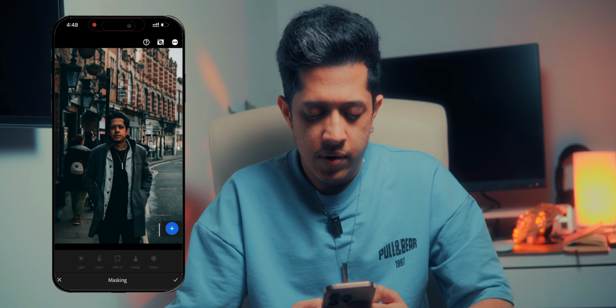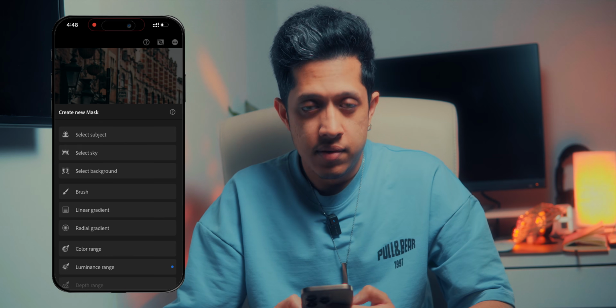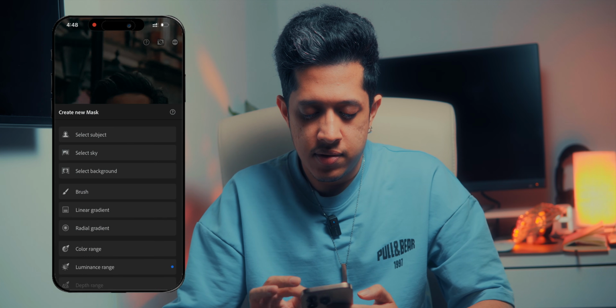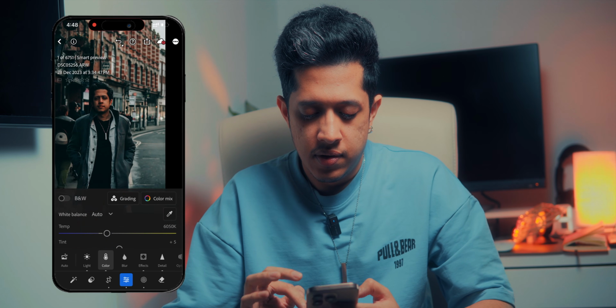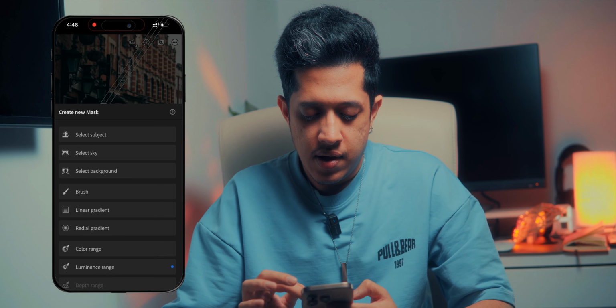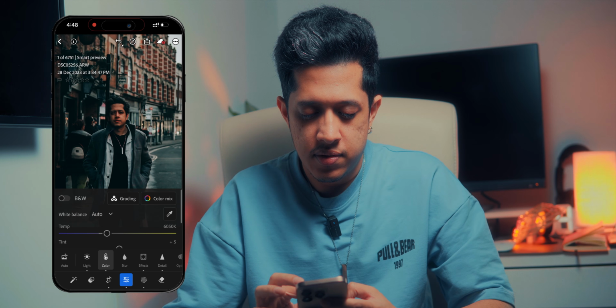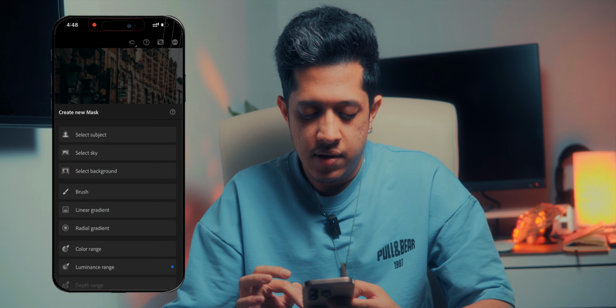But the next thing I'm going to do is again create a mask, but this time you need to create individual masks because really some areas are very dark. So first I'll create a linear gradient and I'll just place it somewhere here, and I'll just reduce the exposure like so, and one more linear gradient, this time here, and again I'll reduce the exposure,